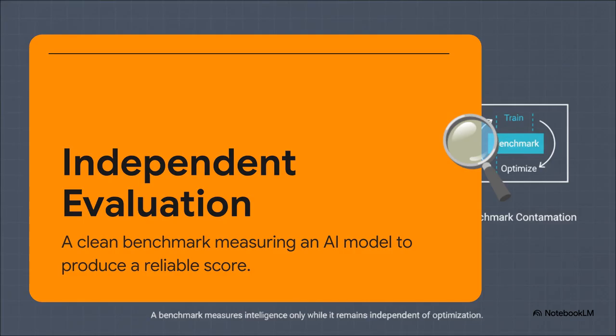As defined here, an independent benchmark is a clean evaluation framework measuring genuine capability without being tied to the optimization process. You can think of it like a pristine measuring stick. But what actually makes a measuring stick pristine in this context? It comes down to zero prior exposure. For this framework to operate correctly, the system must never have seen the test data during its development phase. This absolute isolation is literally the only way to guarantee that our measurement is evaluating generalized intelligence and adaptable problem solving, rather than just rote memorization. If that stick is compromised, the entire measurement becomes theoretically invalid.